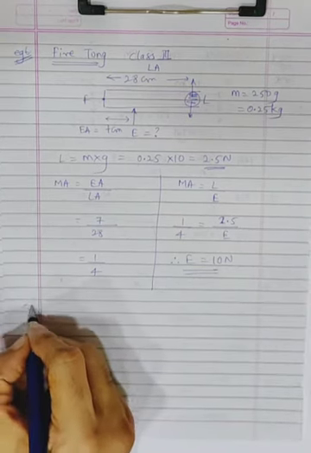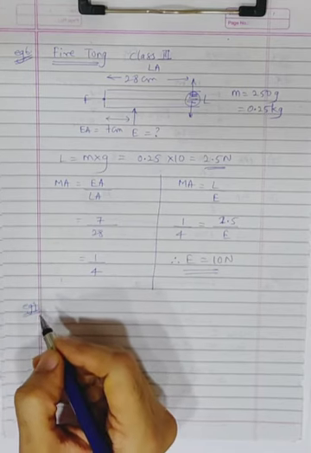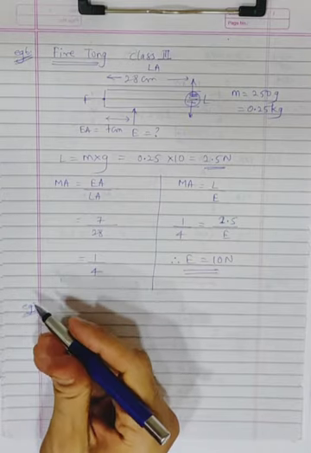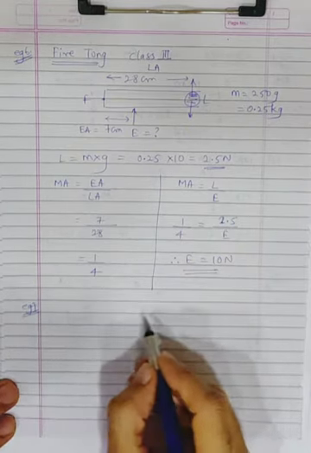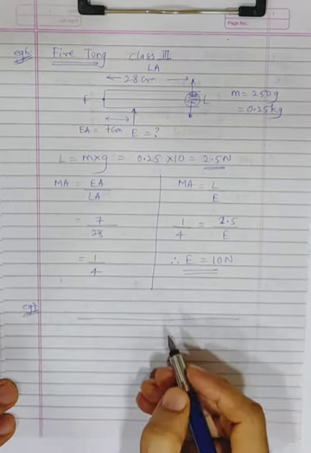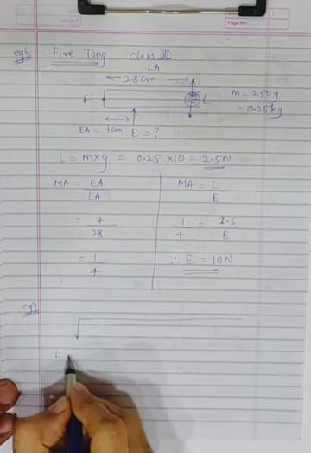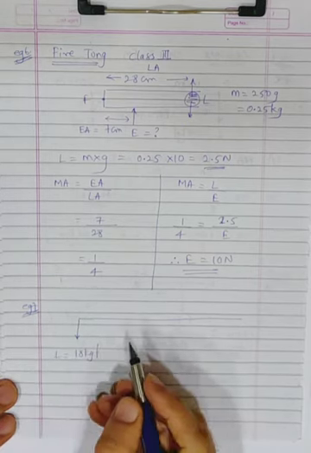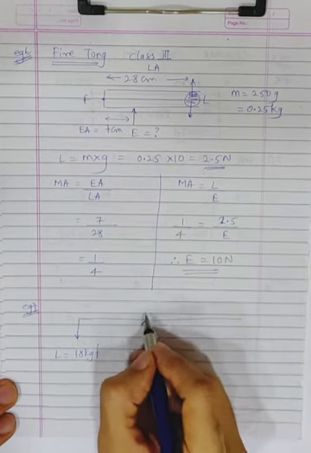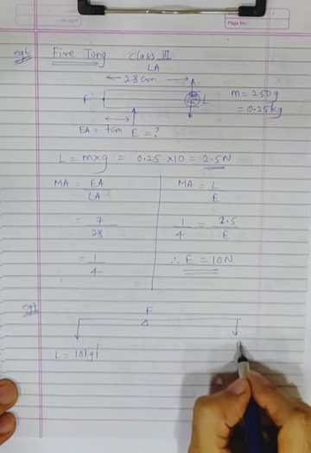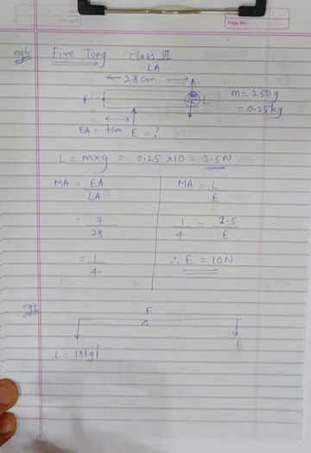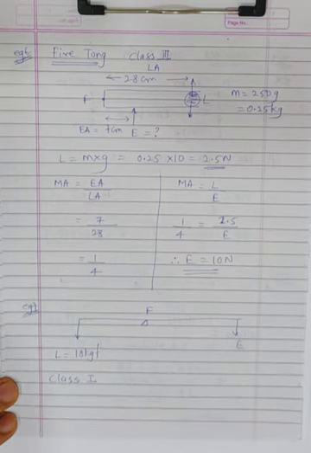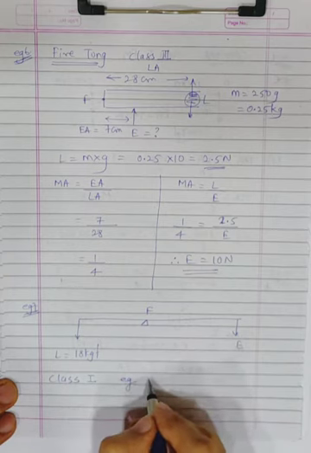Then example number 7. The diagram below shows a lever in use. So there is a diagram given in the textbook. I'll just redraw it for you. So over here there is a load. The load which is used over here is 18 kgf, and there is a fulcrum here, and then there is an effort. Can you figure out what class of lever is it? It is a class 1 lever because the fulcrum is in between. Example. What is an example of this? You can give a seesaw,